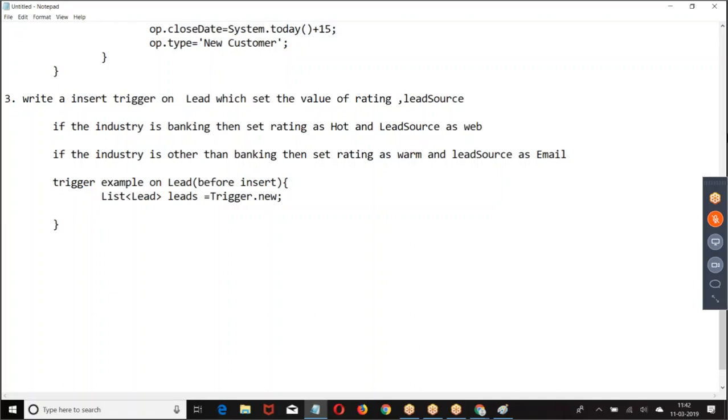So we got the list of lead Trigger.new. What are we supposed to do? Check the lead industry.